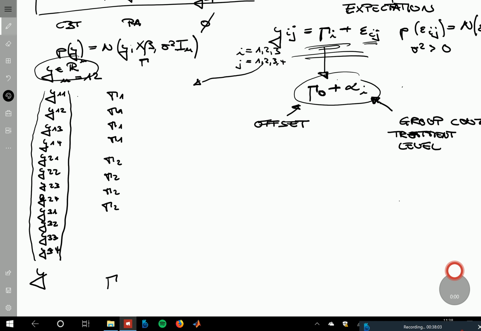So this is just the matching expectation to each of these. Then of course the model says that in addition to this constant contribution,